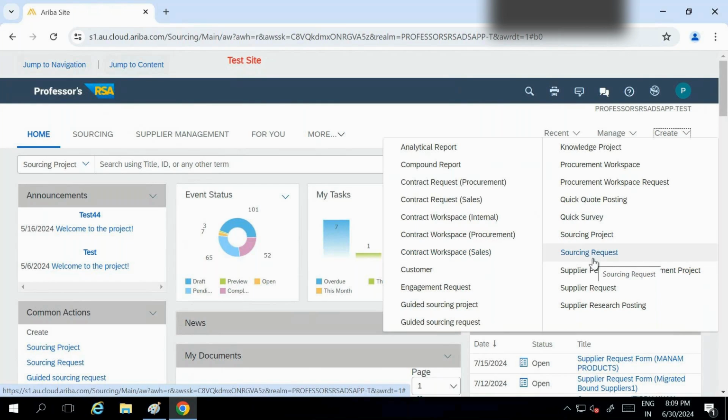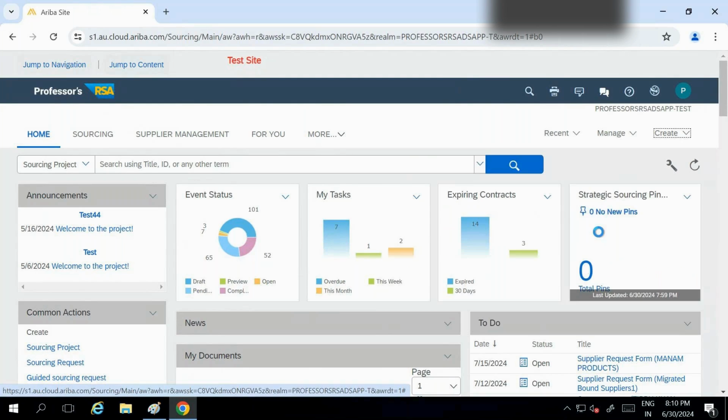Because a PR will be created in the ERP, that will be converted into an RFQ, and it will be sent to Ariba through quote automation. Then we will create a sourcing project from that sourcing request. The PR in S4 will convert into an RFQ. It will send it with the dummy supplier to Ariba as a sourcing request. With that sourcing request, we will create the sourcing project. Now we are not going to discuss that because that is an integrated scenario. We are going to discuss the standalone event.